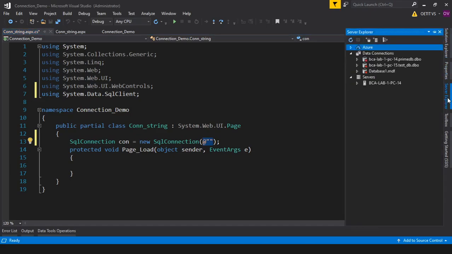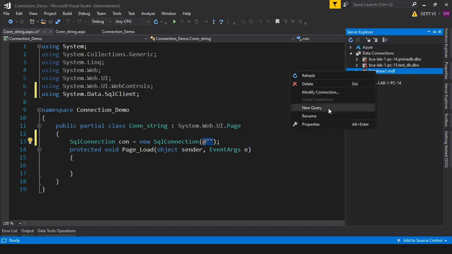Okay, so that database you will find in the Server Explorer also. See, I have opened the Server Explorer. It is not the Solution Explorer where we created the database. I will do it once again tomorrow, right? It is the Server Explorer. So right click on your database, properties.